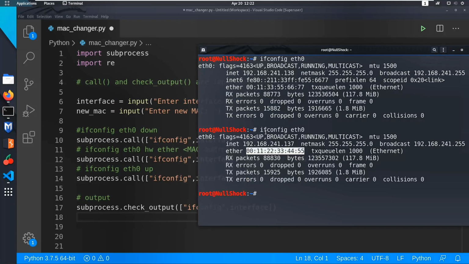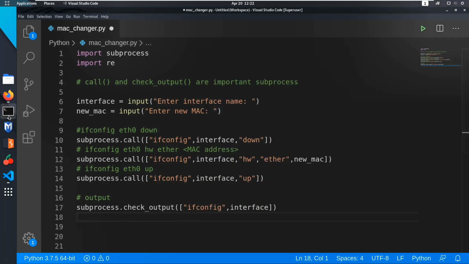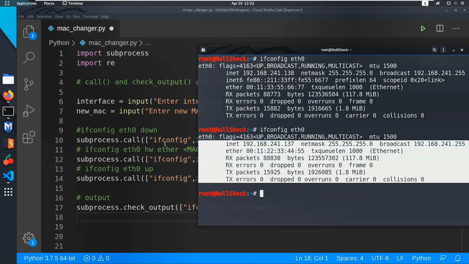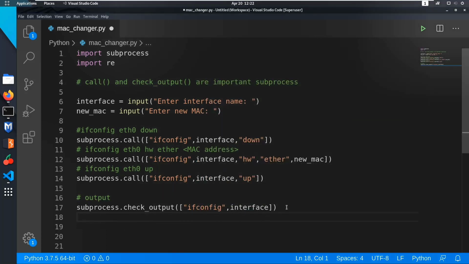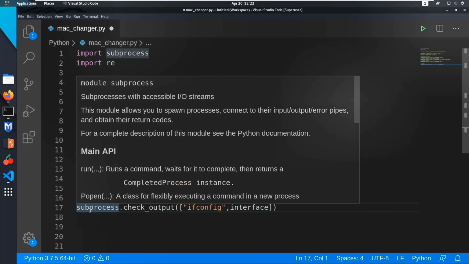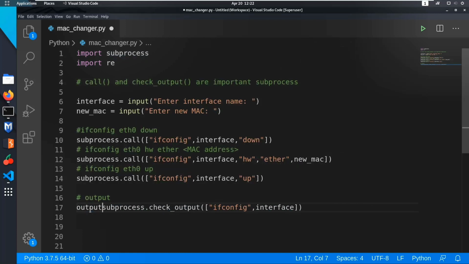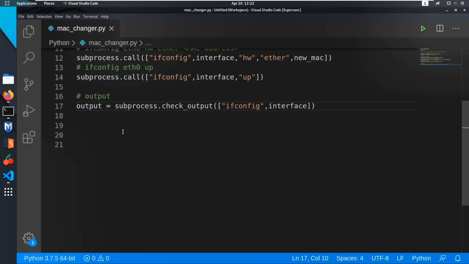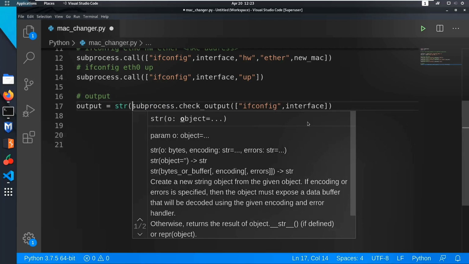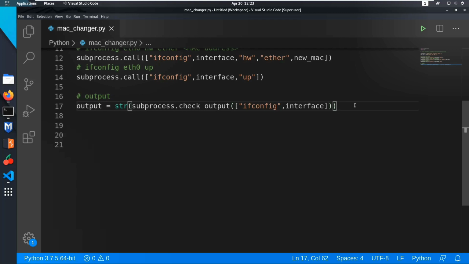So this is what we typed here, and we got this. When you run this command, all this value will be written out. So let's store all this value within a variable. Let us name it output, right? And I had seen that the Python 3 version needs a typecasting of this. I don't know why. So let's typecast it for the simple purpose. So we got an output. Let's print output and check whether it's working or not.